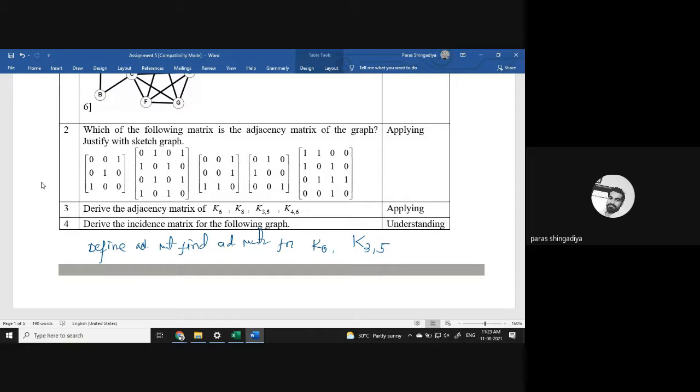Clear? Here you have to first make the graph and then derive the matrix. The definition carries 2 marks, 2 marks for the graph and 2 marks for the matrix. So it depends on the question which data is required to find. If the graph is directly given and the question is to find its matrix, it is asked as only a 2 mark question. It also depends on the size of the graph: how many vertices there are and how much time it will take. But if it is a simple graph, then as per the question we can consider the marks.